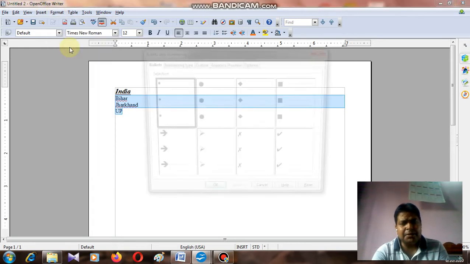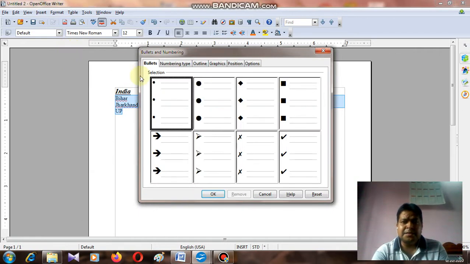Bullets means you cannot use numbers or letters like A, B, C. Means you cannot represent a sequence. If you want symbols, like in examinations you write an arrow sign or circle, these are the bullets. When you use symbols to represent things in a separate way, that is called a bullet.